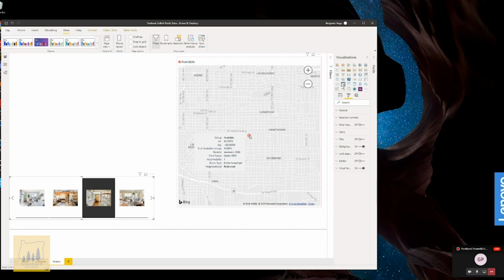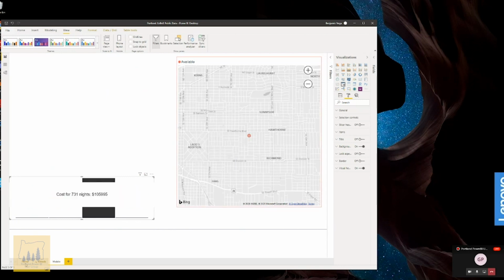I don't know if anyone follows Chris Webb, but he had a pretty good DAX pattern on how to turn ratings into these stars that are half full or not full. So I'll include that one too. That was probably the best thing I got out of this. And then